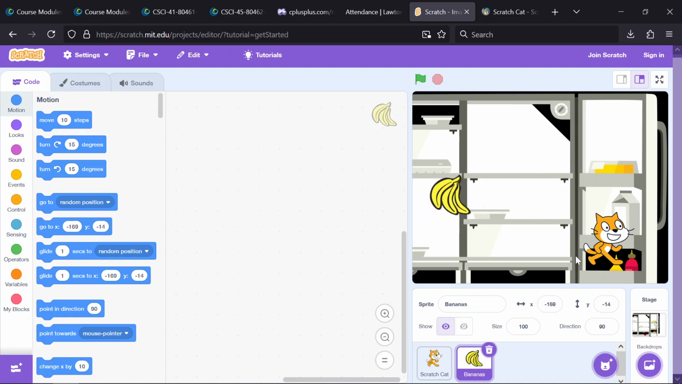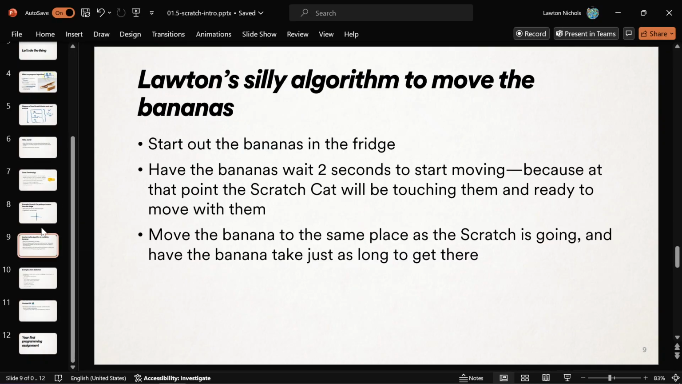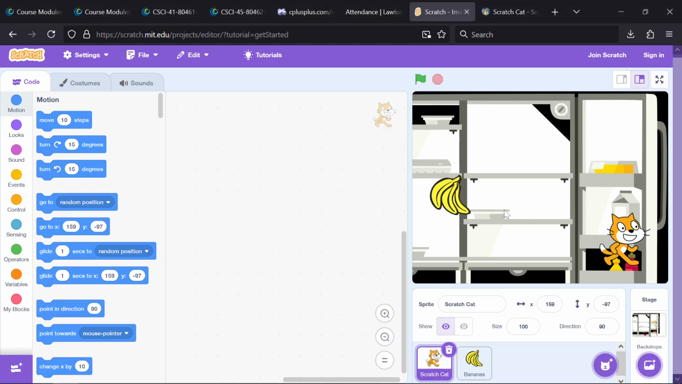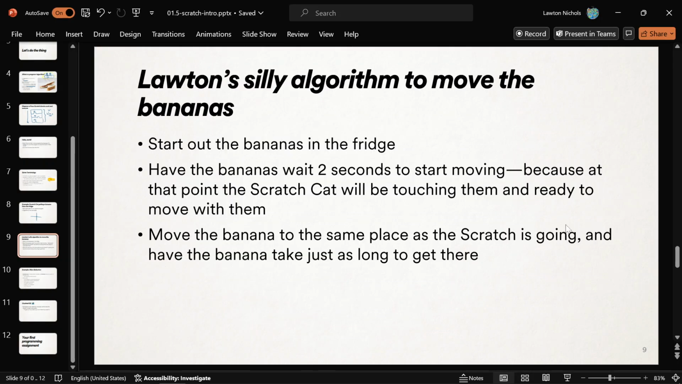So let's start off with the bananas over here and the Scratch Cat over here. What I would like to do is bring him over and have him walk away with the bananas. So let's come up with an algorithm to make that happen. Here's my silly idea. Let us start the bananas in the fridge. That's where they begin their life, like they are right now. Cool. When the green flag gets clicked, bananas are over there, Scratch Cat is far away, and then we're going to